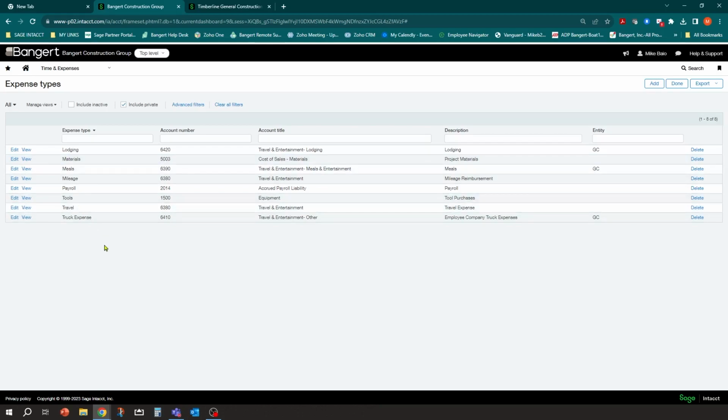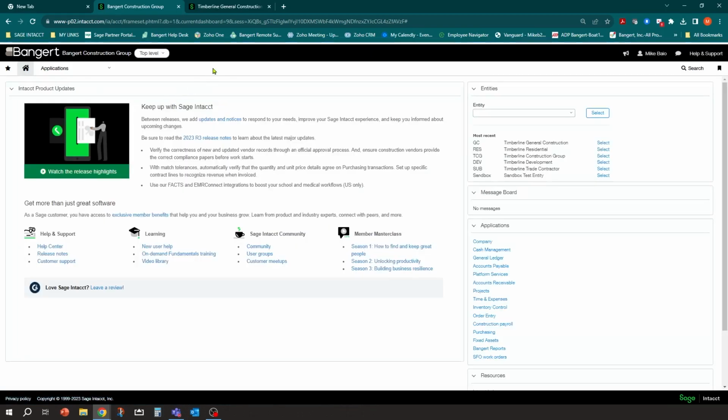And then basically now we're ready for our workflow process. So I'm going to return to the home screen and we'll go on to the next step. Okay, so what we're going to do now is actually go ahead and go through showing how we can record some of those receipts that either are being turned in from the office or being entered by the employees.